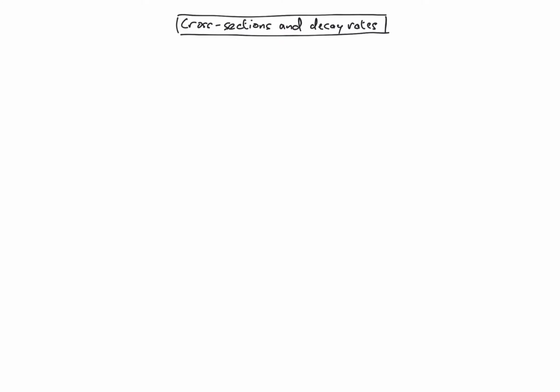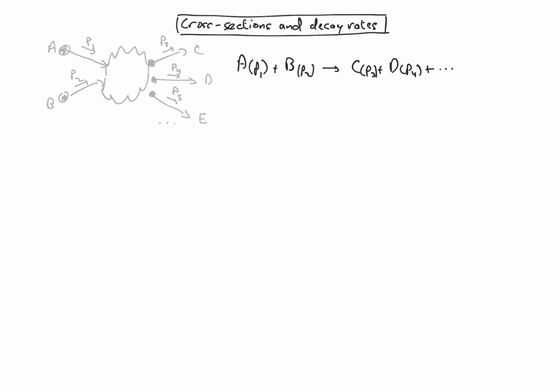Experimentalists do not deal usually with probabilities or amplitude of probabilities. So what they measure when they look at the collision between particles is a cross-section. So for instance, if we consider a collision of two particles, A and B, with four momenta P1 and P2,